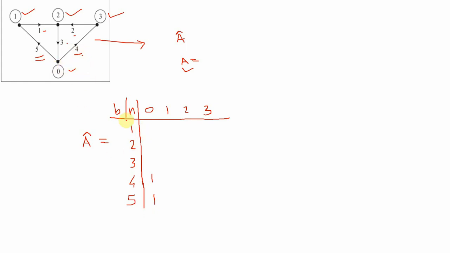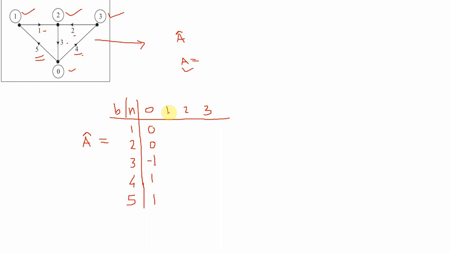Now next, branch 1 is here. There is no connection of this branch to node number 0, so I simply write 0. In a similar manner, branch number 2 is not connected to node number 0, so it is simply 0. Now next, branch number 3. Branch number 3 is connected between node number 0 and node number 2, and its direction is towards node 0. So that's why I write minus 1 here.